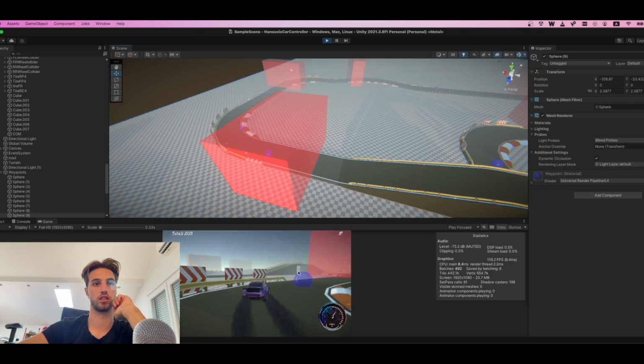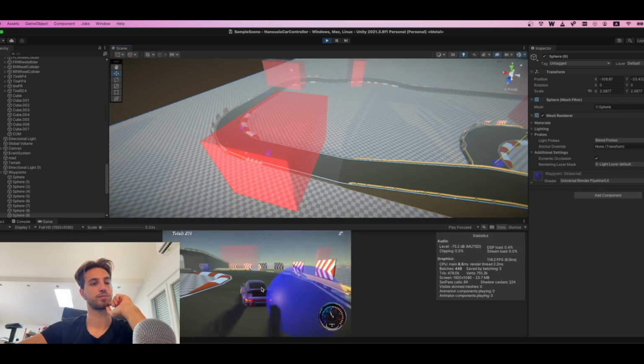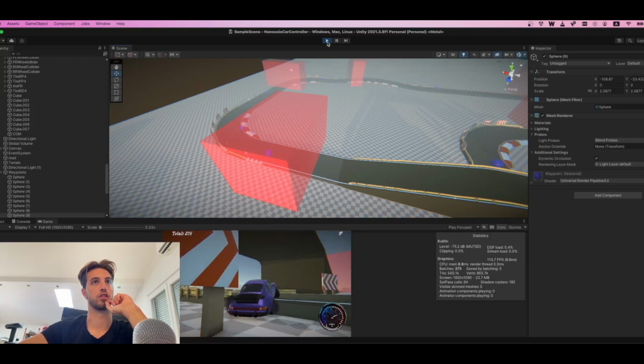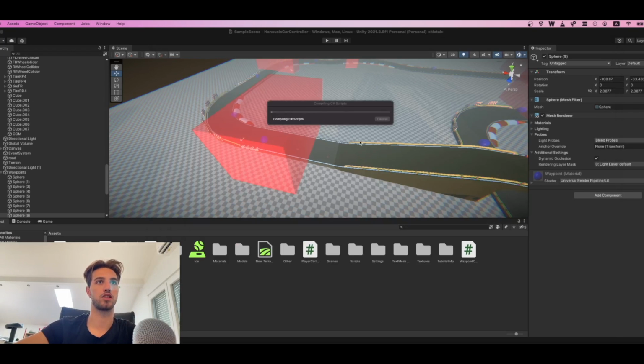It's turning pretty nicely here. Although it did hit the barrier, and so there it lost it. Okay, so I forgot here to change this to dampen, and let's change a bit the waypoint so it's actually